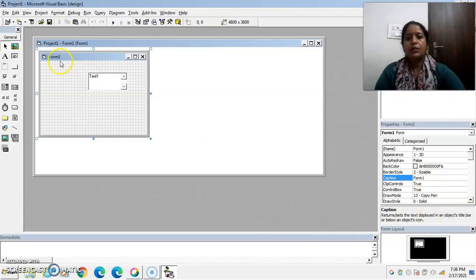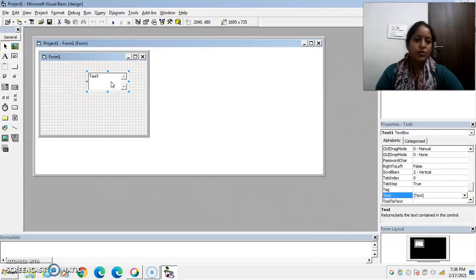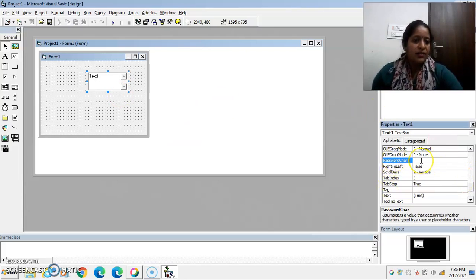The next important property is the password property. It is also possible to make a text box a password box. For this, the PasswordChar property is available in the text box control. By default it is an empty string, but if you want to make it a password box, then enter a star or asterisk symbol.